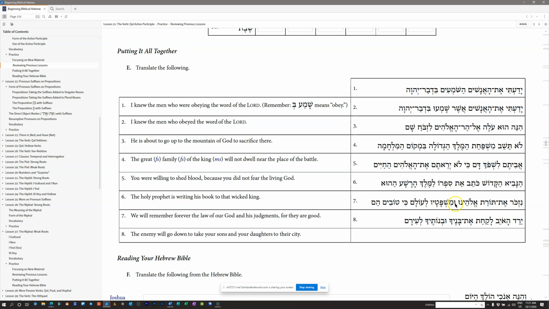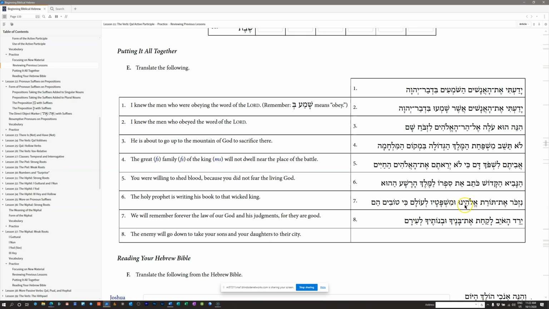And that vav is not going to intercede, I suppose, between or within a construct chain. I don't think that's going to happen. So Eloheinu has to be our absolute. So Torat Eloheinu would be we will remember the law or the instruction of